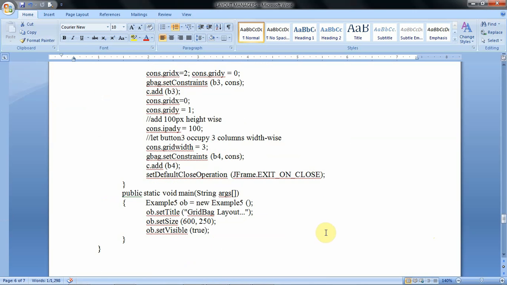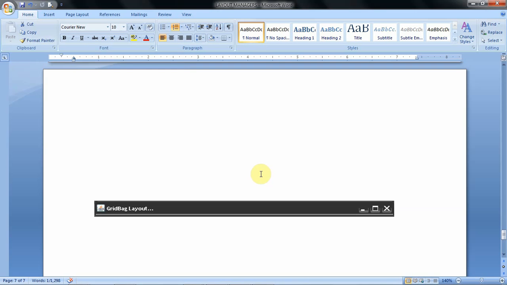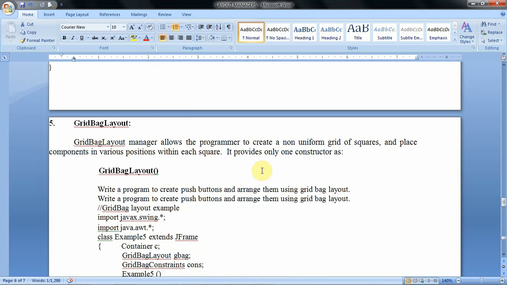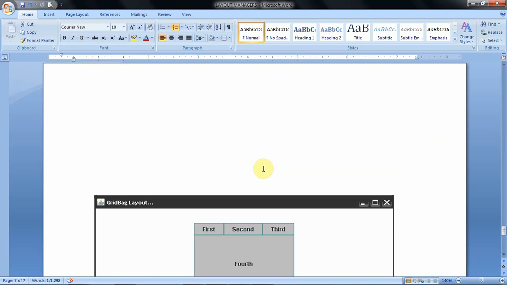That means different sizes of grids we can place by using the grid bag layout manager. For example, in this diagram we have total 4 buttons. In these 4 buttons, the first and third buttons are of same size, and second one some different size, and fourth one different size. So like that we can divide the window into unequal size grids by using grid bag layout manager. So that is about grid bag layout manager.